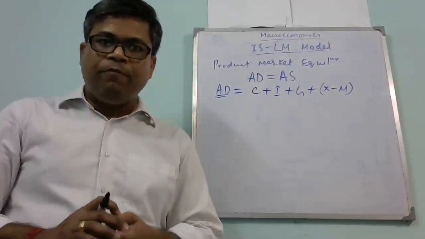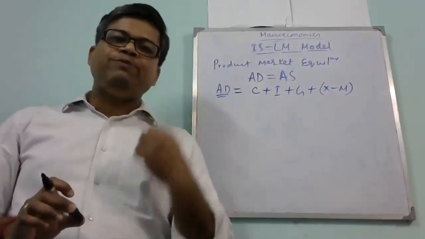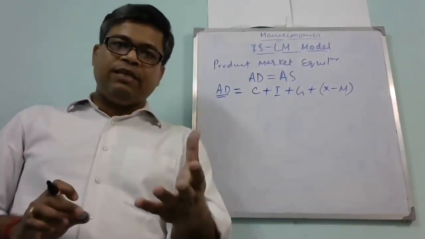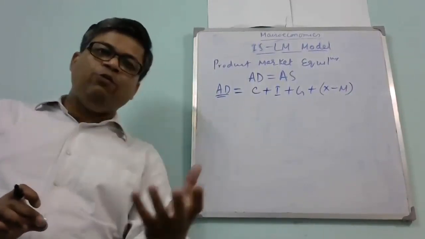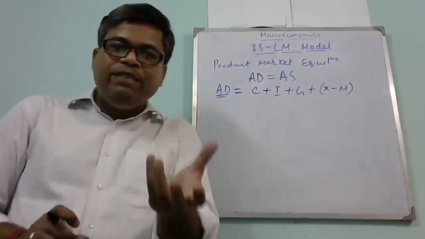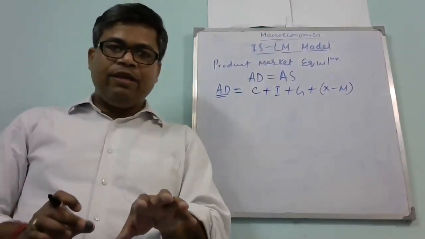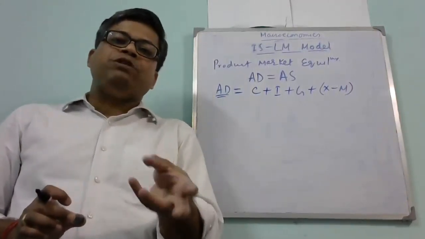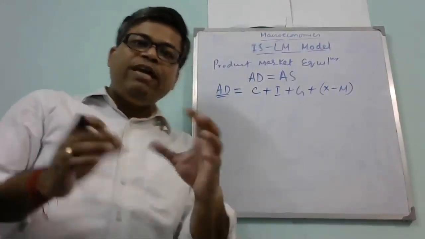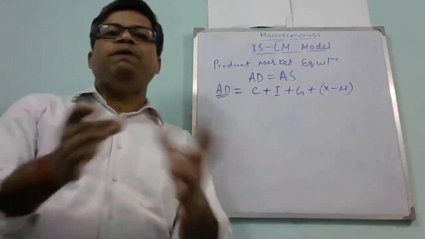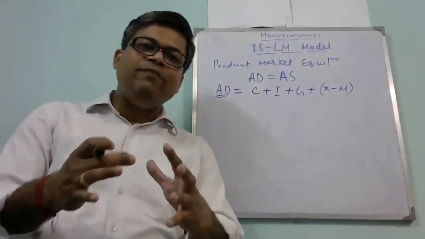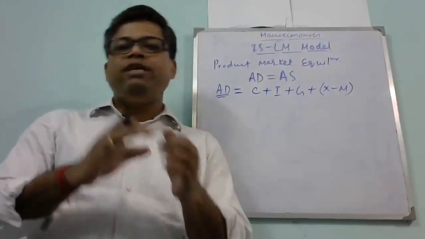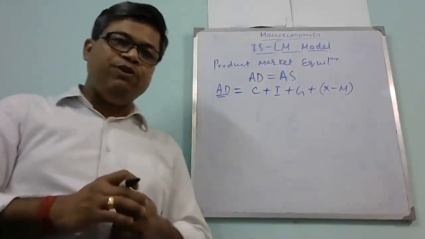Let's take an example. Suppose I spend 10 rupees for buying a chocolate. So my expenditure is 10 rupees. That means if I spend 10 rupees, that is my expenditure, and that was my demand. So the amount which I spent was my demand. So if I add all the expenditure, then I can get the total demand, or the aggregate demand. So aggregate demand we can see from the expenditure point of view.